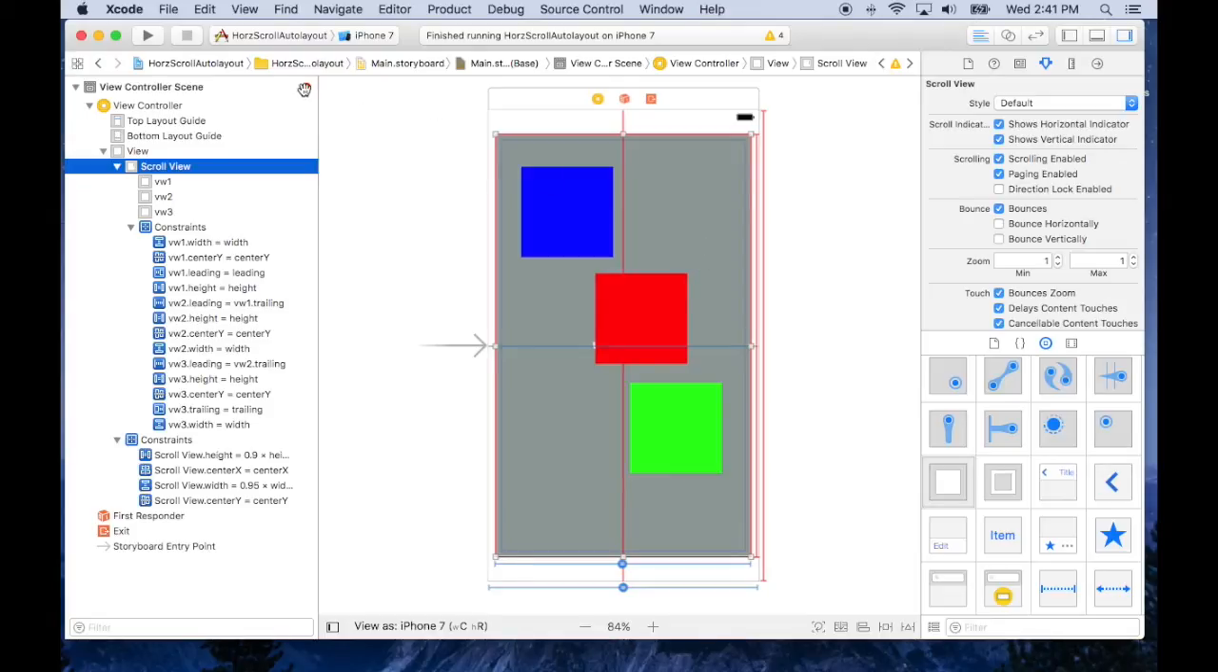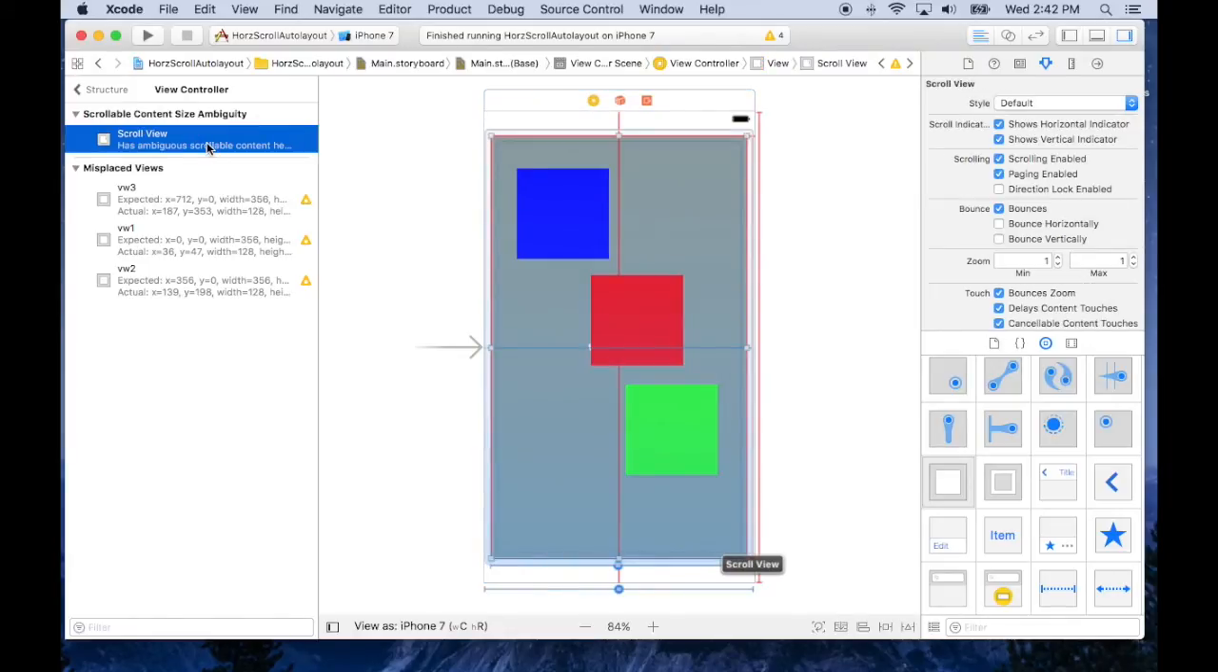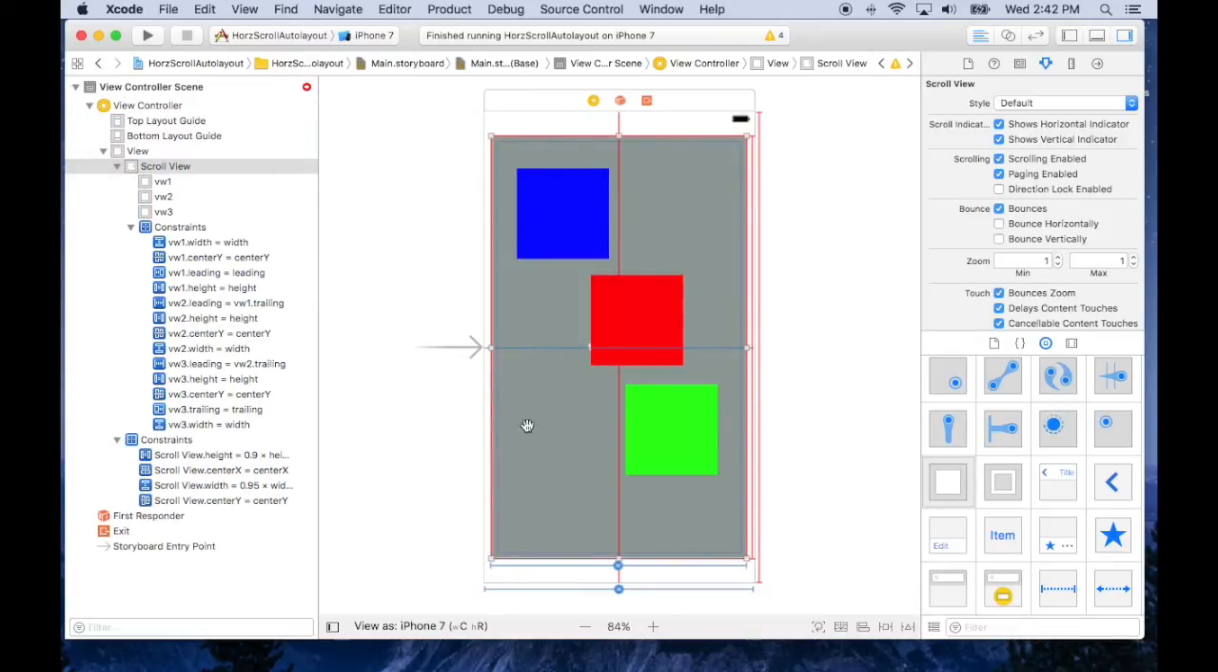You'll notice that I have these errors here. I'm going to get to these warnings in just a moment, but the error is ambiguous for the height. Now, the ambiguity here is saying that it has no idea how to scroll vertically. In this case, we don't want it to scroll vertically, but as you know, I don't like leaving errors in my storyboard. So what I'm going to do is on the very first view, I'm going to give it a,